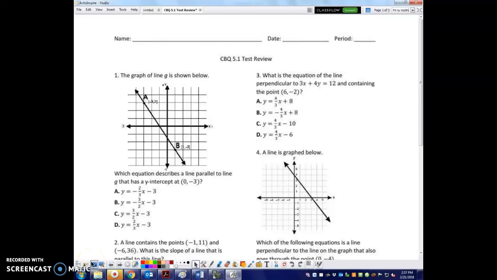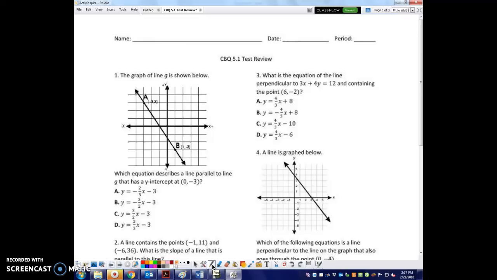Okay, so your test is tomorrow. So we're going to go over the review. Be sure you have a complete understanding of every question on this paper before the review. Be sure you can explain how to do every little step before you take the test, okay? So, number 1 says,